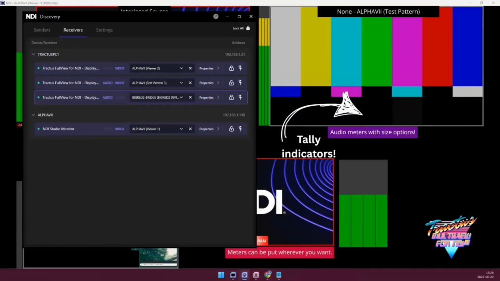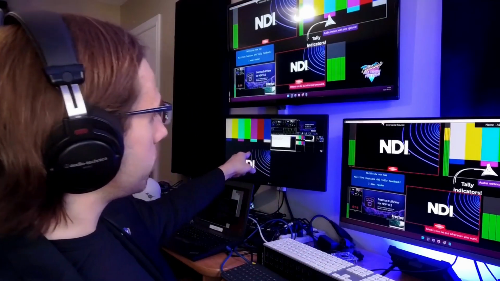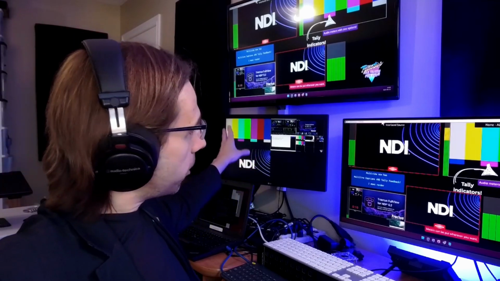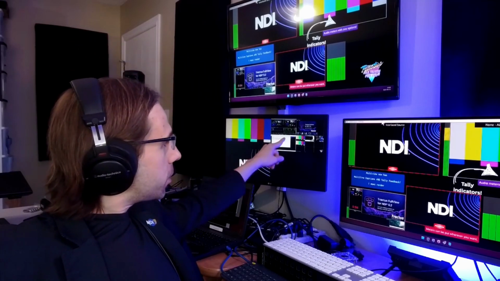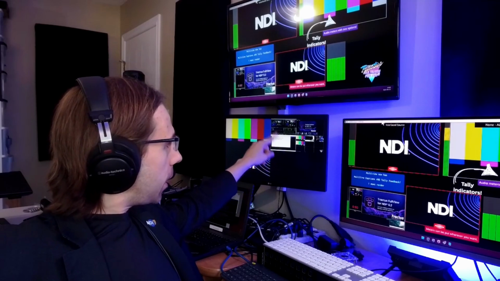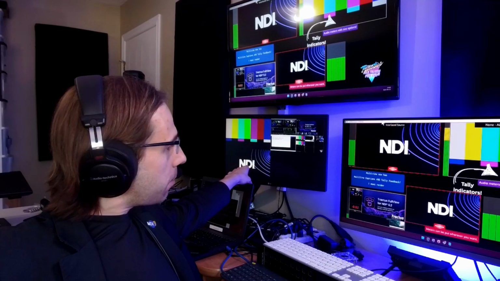So if I now flip this third display to be bigger, for example, and we go back to full screen on myself, I'm actually going to point to a monitor behind me here. On this monitor, I've got a physical HDMI multi-view running. Output 1 is one of the test patterns. Output 2 is my 4-up NDI display, and multi-view, and output 3 on that monitor from Full View is one of the NDI test patterns.